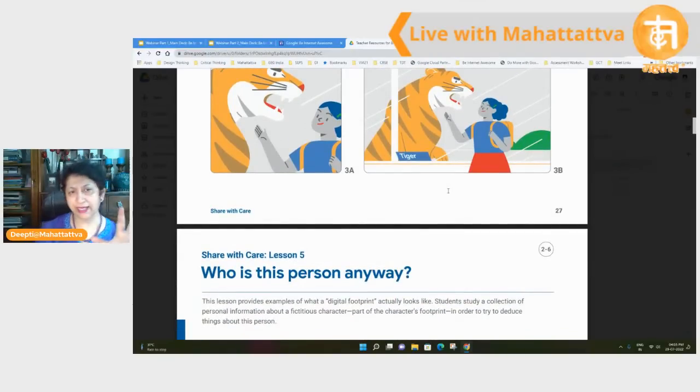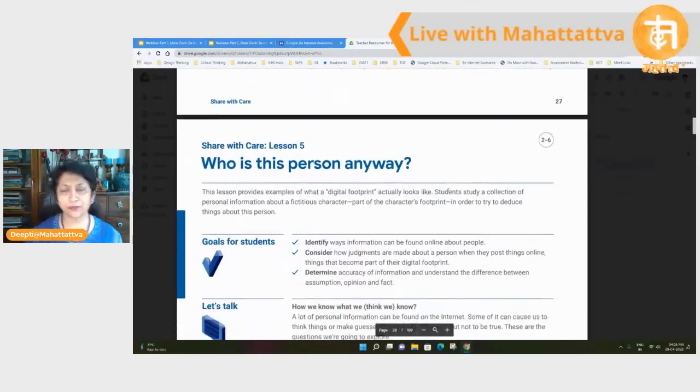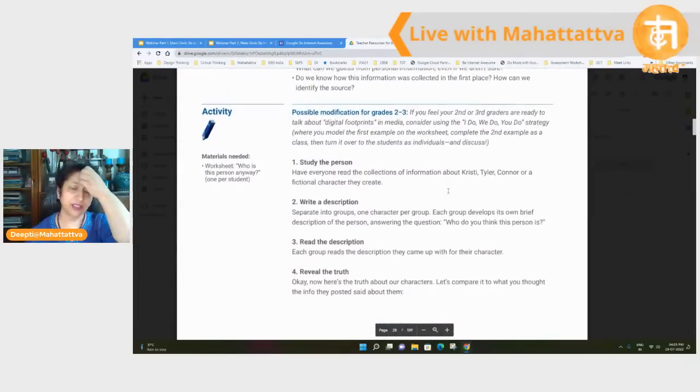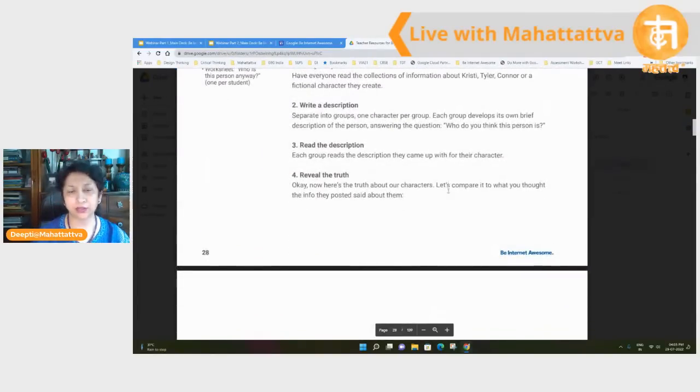Get the children to understand that what you see online is not what you actually perceive it to be. It could be entirely different. So how do you critically look at resources online? How do you make sure that this is right, this is wrong? And then it is followed up with this amazing activity where you can have two or three children identify two